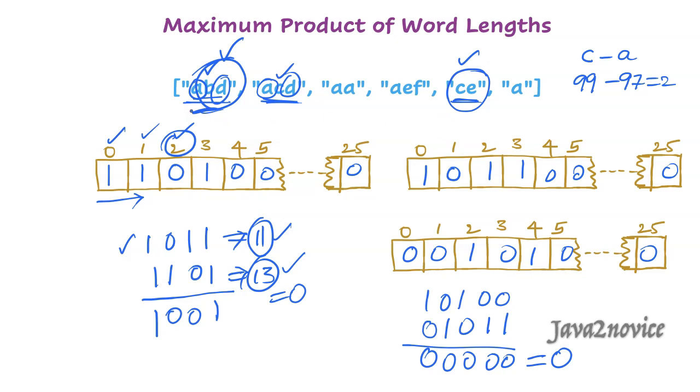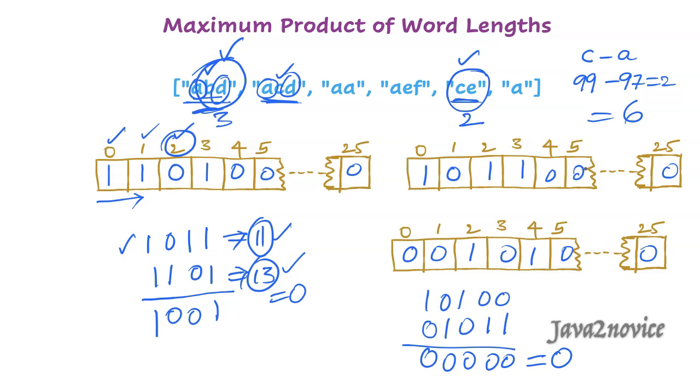If you notice, yes, it does not have any common characters between them. In such cases, identify its length. Its length is 3 here, its length is 2 here, the product is 6. So this is how we will calculate the product on all possible string combinations which do not share any common characters between them. And finally, we will return the maximum product. Hope you understood the logic.